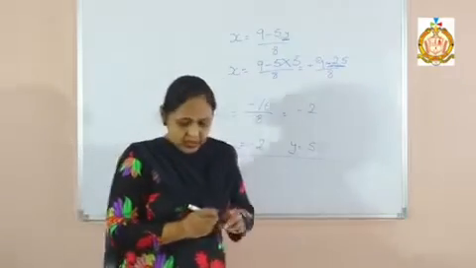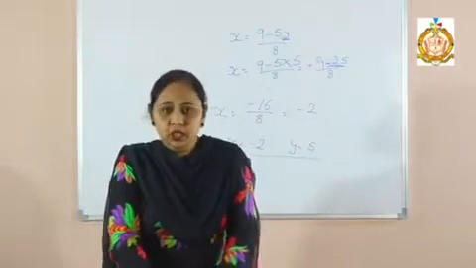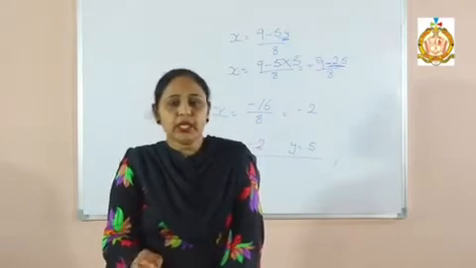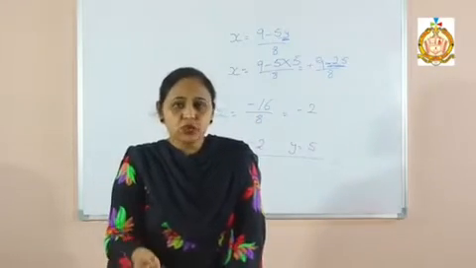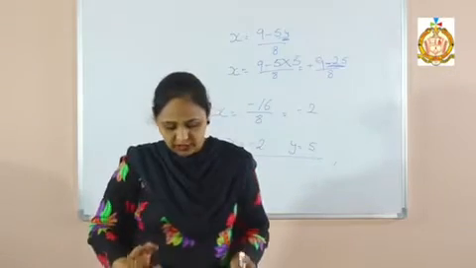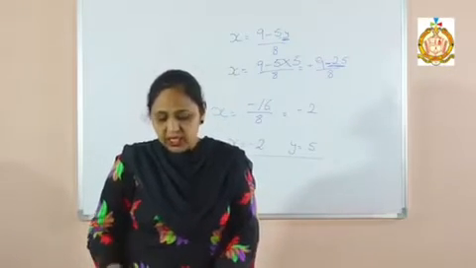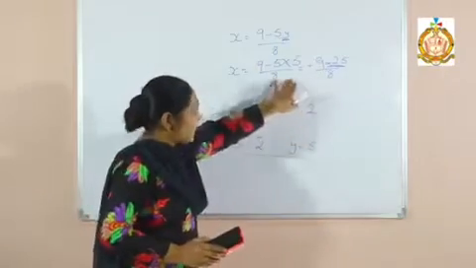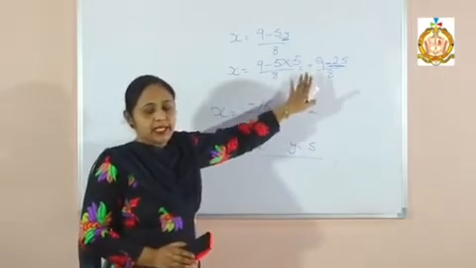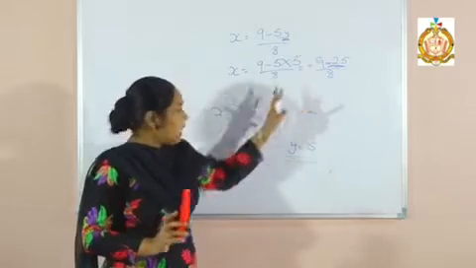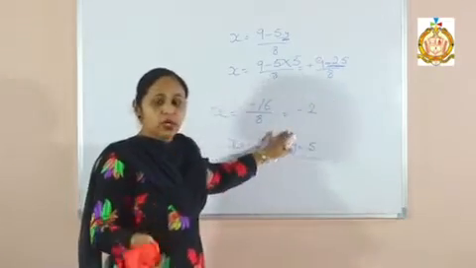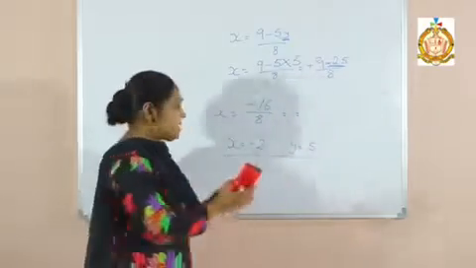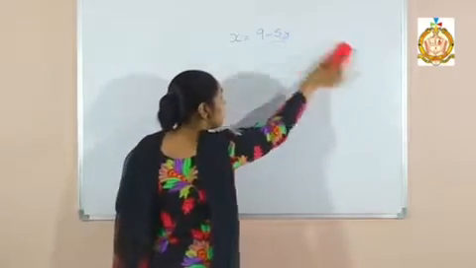Now see students, in these statements just take it. Don't take x, don't take y. We can take as it is. You can take the x, you can take y as you wish, as you like to be easy for you. We can substitute another one. And the other method is elimination by equating the coefficient. Now see students, that is the substitution. I take the x, I take the y as you wish. If I put the value of x, you don't worry. You can also take x. You can also take y. But in the other method, that is elimination by equating the coefficient.